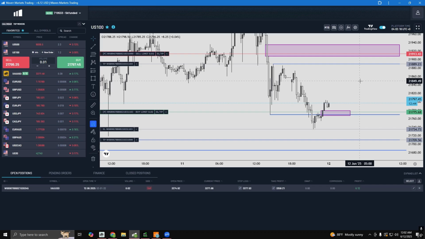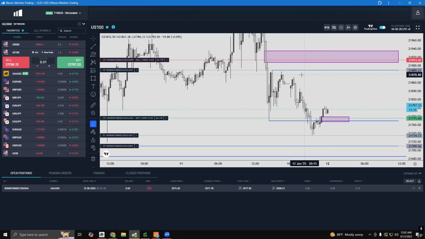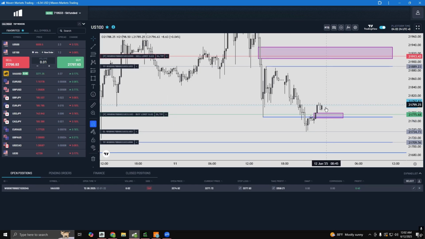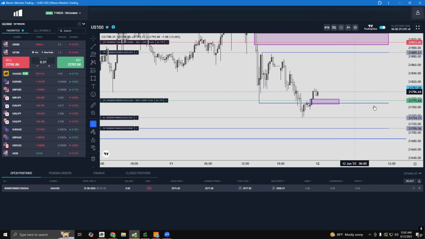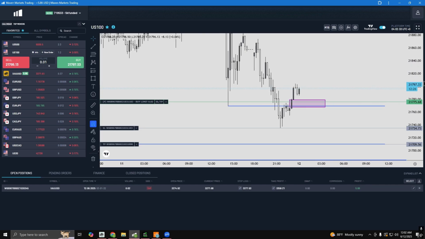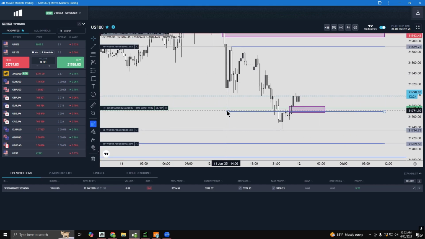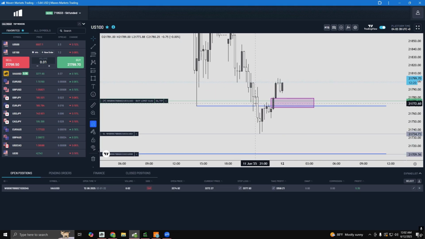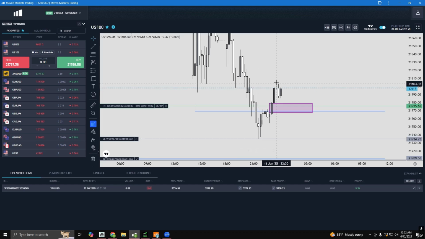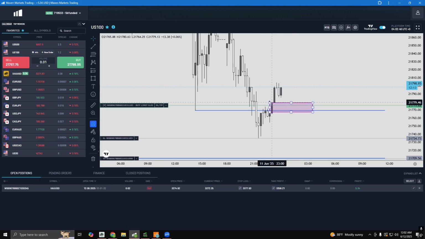Now, keeping that setup in mind, that I think price is going to go up, sweep this liquidity, tap into this, then go lower, I have right now a little bullish setup to target these liquidities first, because I think price is going to go up here. So if you look the other way, we just took out sell side liquidity here, this low. You can see that we inversed this 15-minute fair value gap, right? We inversed it, and in that leg that we inversed that fair value gap, we made our own 15-minute fair